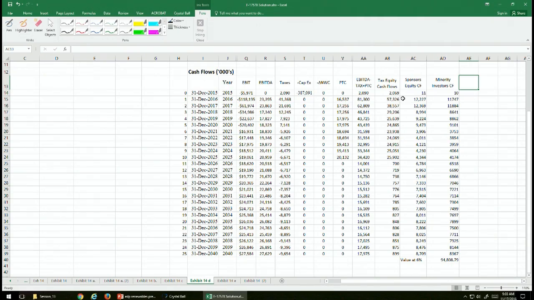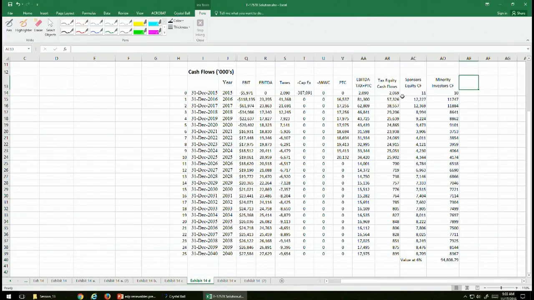Okay, I'm going to begin here. And so now let's look at how that cash equity gets split up between the two. So in looking at this, again, I know this is small, but the Excel file is there. And the idea here is that this is what we had from the question related to the sheet 14C, which I have labeled there, Exhibit 14C. And this is 51%, and this is 49%. So each one of these flows is